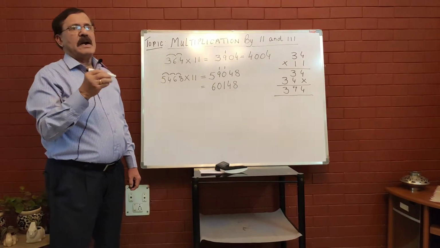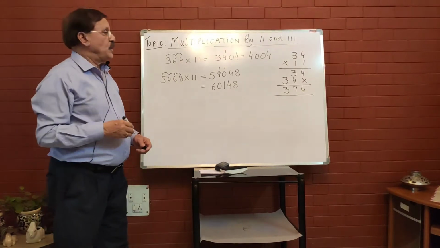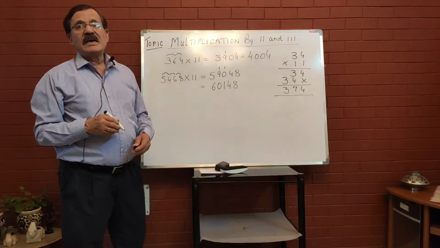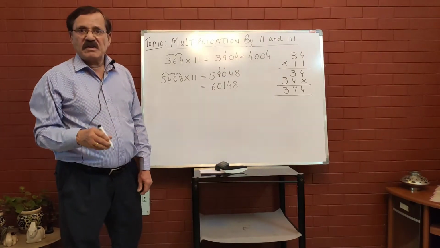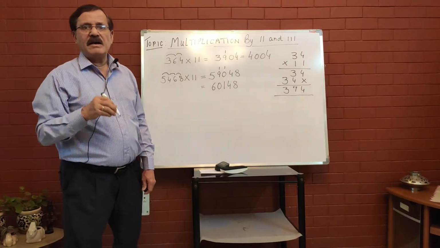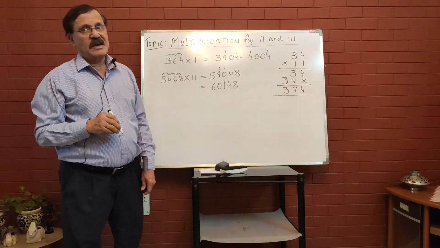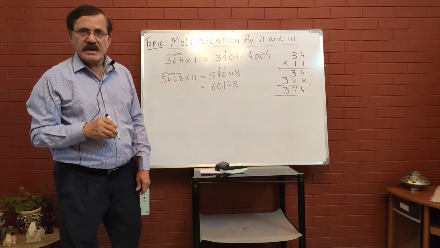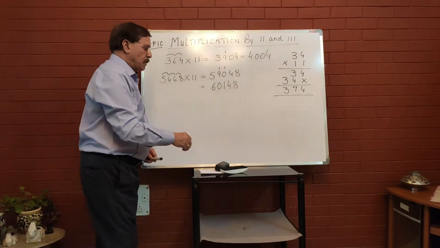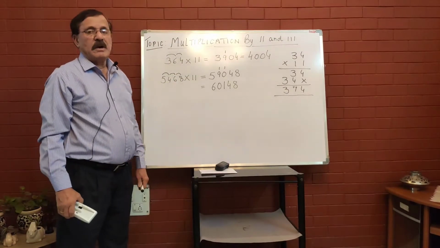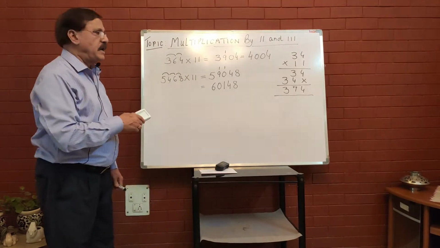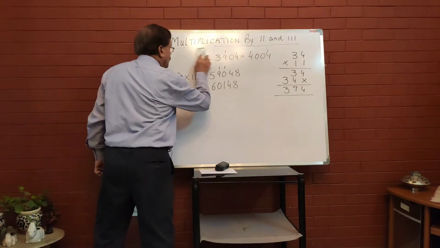So these are the numbers with which we have been multiplying by 11, right? Later on you can practice more. The more you practice, the better you are going to understand the concepts. You can take 5-digit numbers, 6-digit numbers, multiplied by 11, and so on and so forth, right? Okay, so this was multiply by 11. Now let us see multiplication by 111. I will take some numbers over here.